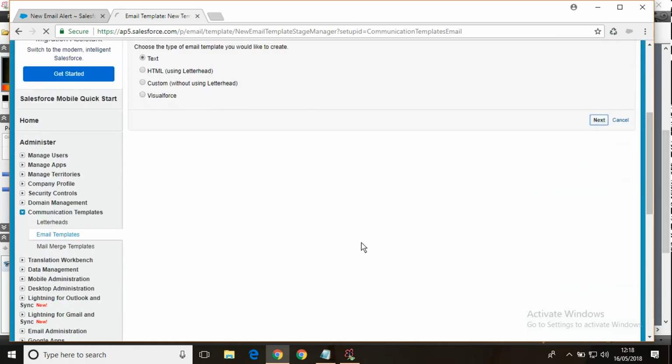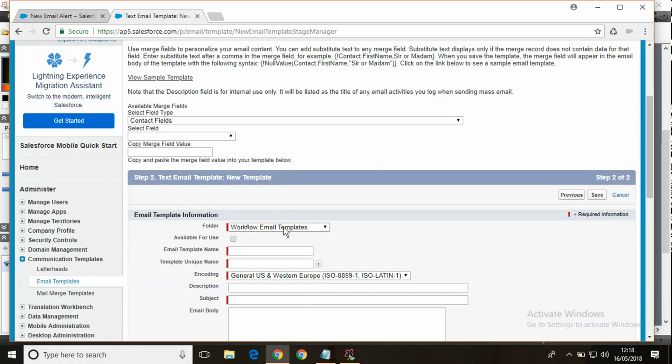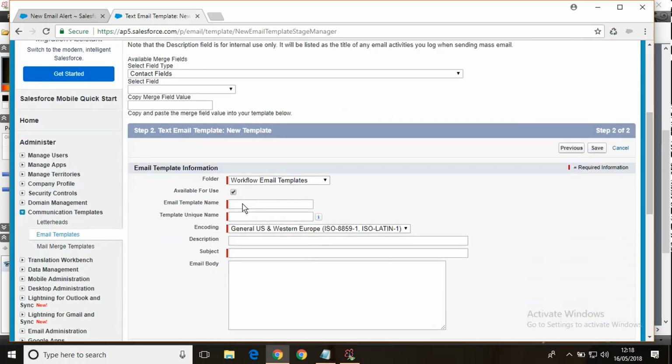So text is fine for me. Email template name. So it is opportunity closure alert. Okay, let me just put it.